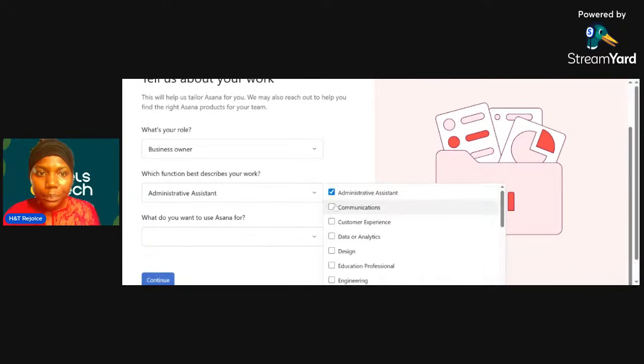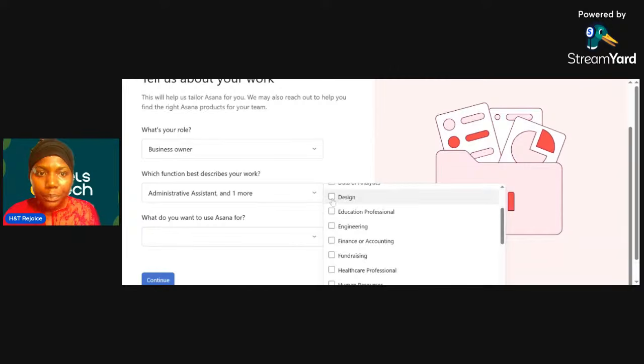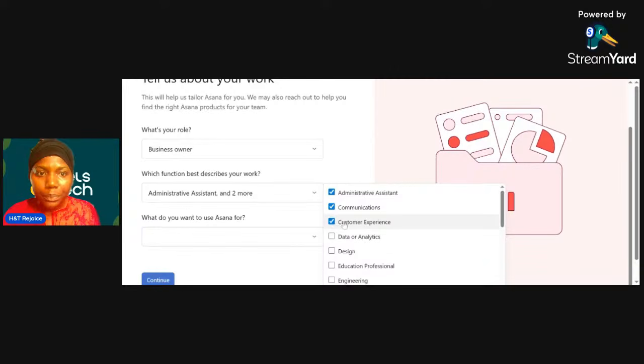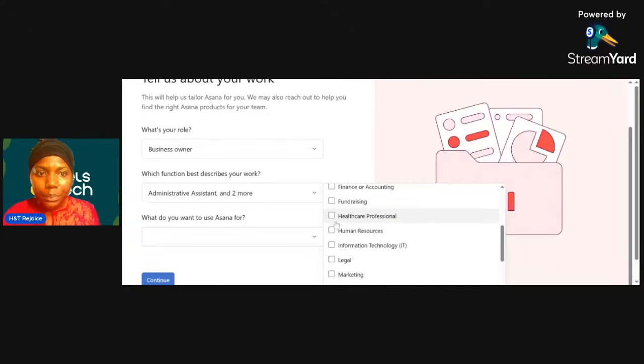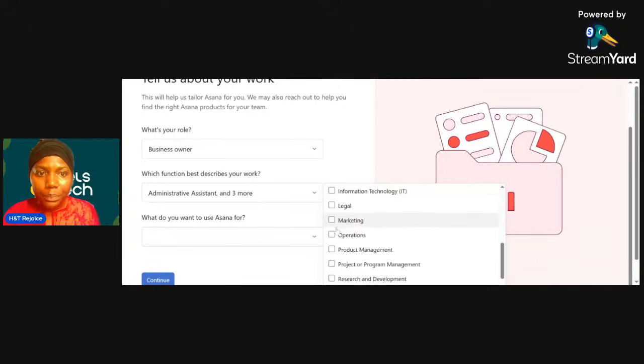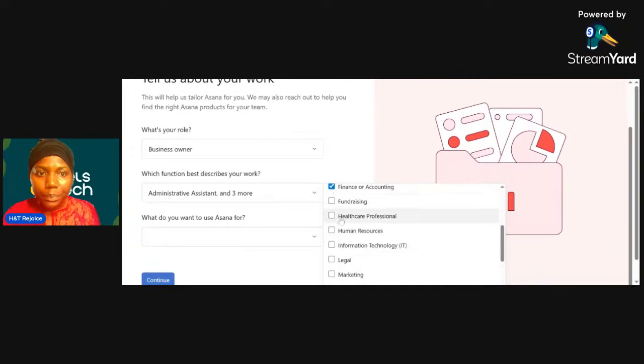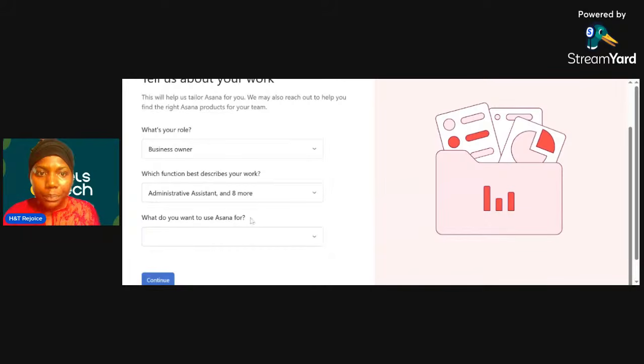You can click all of this: administrative, communications, customer experience, finance and accounting, human resource management, marketing, operations, project or program, sales. So let's work with these eight.